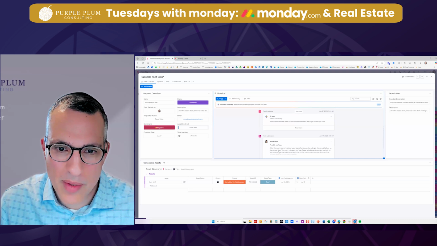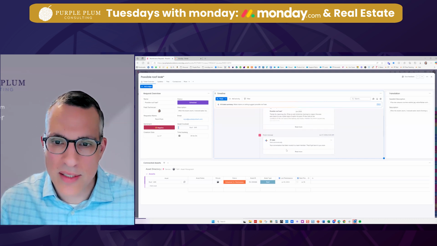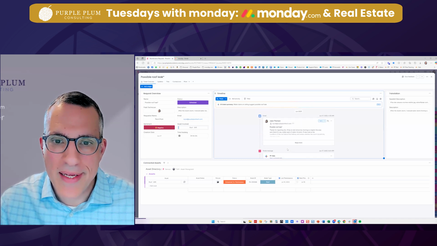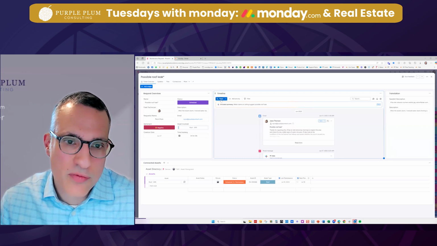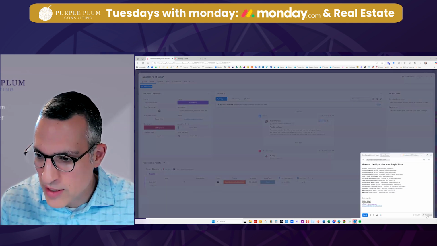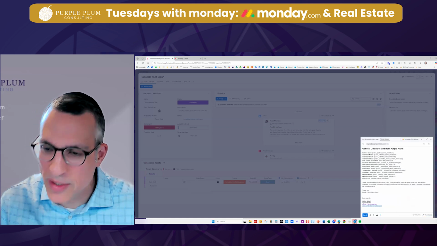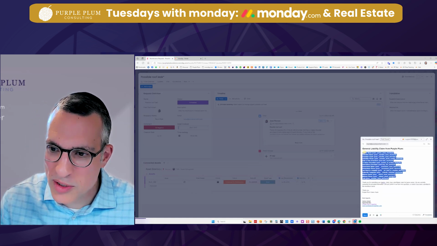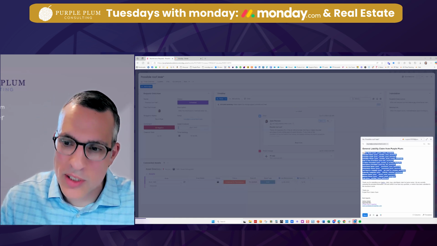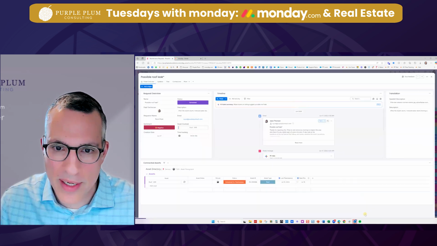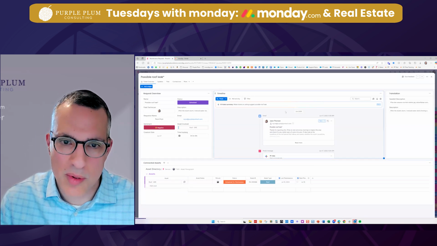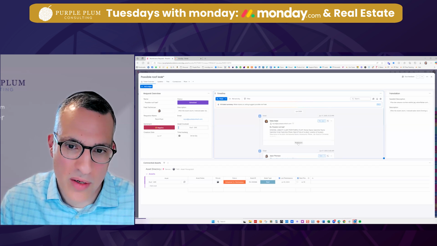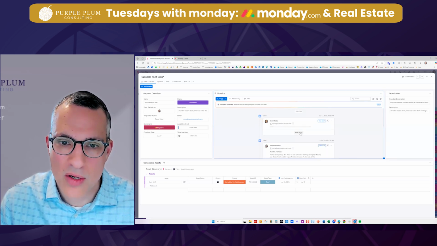So the ticket came in, got the details of the ticket. Then Monday, using some AI, routed that ticket and assigned it to someone. And now someone on our team has responded. And I could further reply to the creator of the ticket. I could use a template that said we have received the information. Here is a form submission of the claim and for general liability insurance, whatever the case may be. And then I could go ahead and send that email to that external individual and they'll see it and it will be part of the timeline. All along, there we go. And you see now my email is part of the timeline.